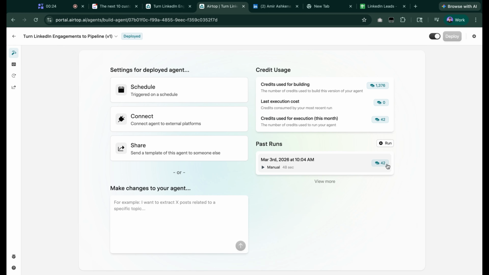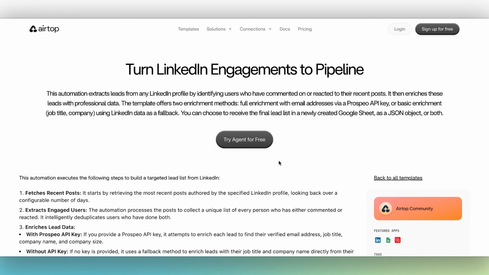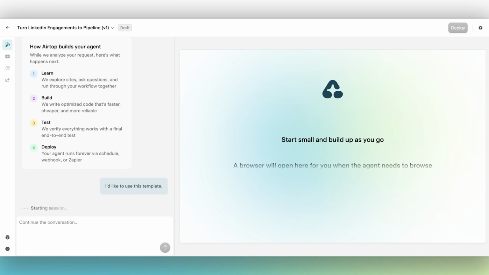As you can see, it takes very few credits to run. And then you end up with a list of 10 new leads. But you can ask it to look at as many LinkedIn profiles as you want. You can get hundreds of new leads from this. So, very useful tool. To use this template, just click Try Agent for free and chat with AirTop's AI Agent